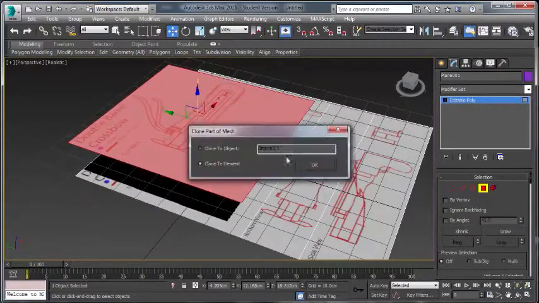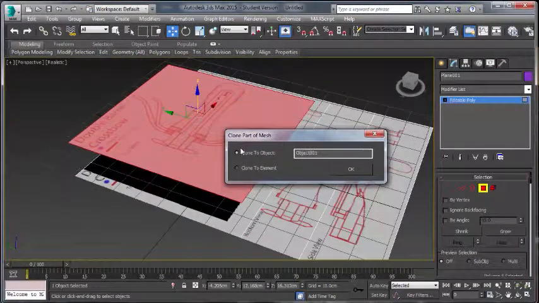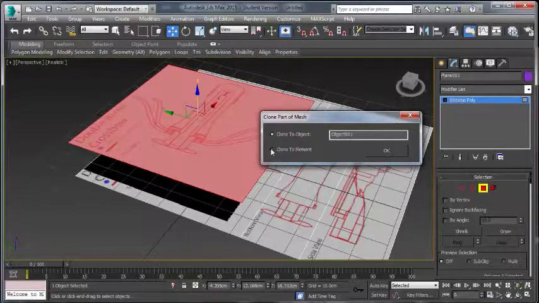Now when I let go, a new dialog box appears. By default it's selected to clone to element. We don't want this, we want clone to object. So we want to create a new object that we can manipulate separately to the rest of the meshes. So I'll clone to object. I'll name this top view,